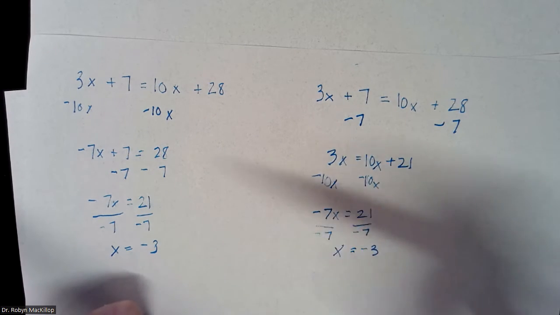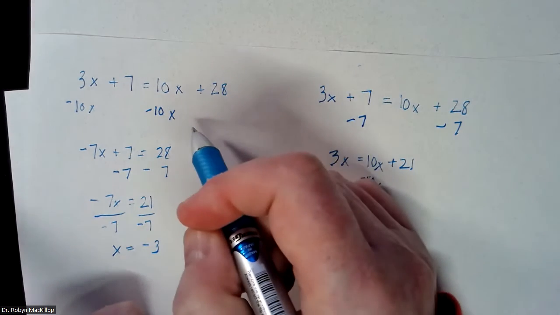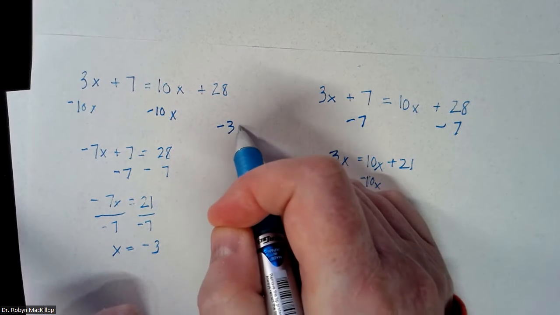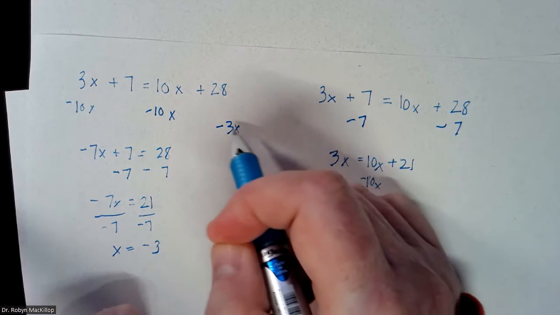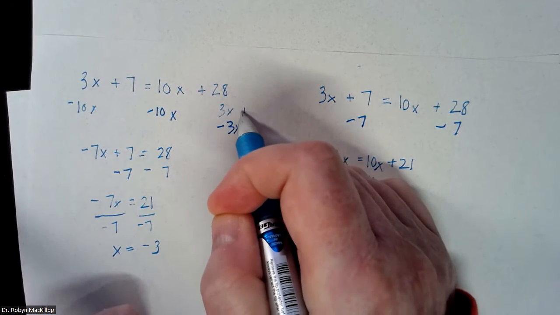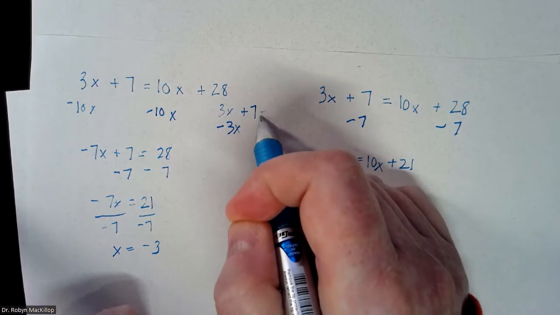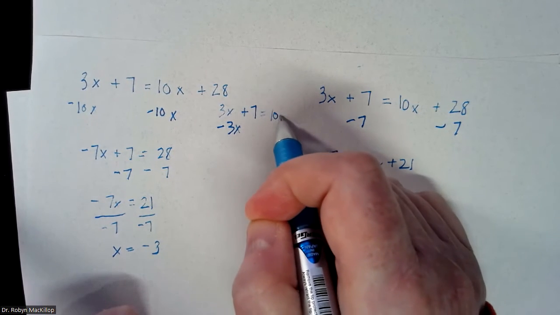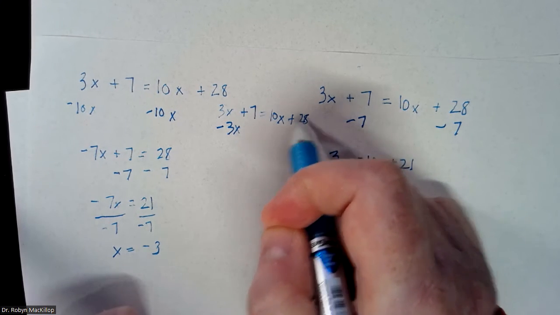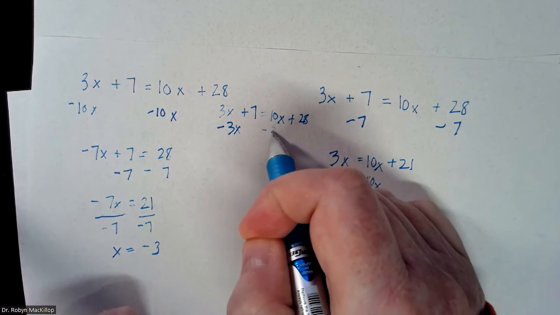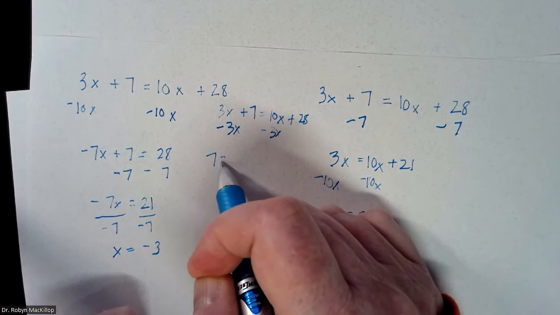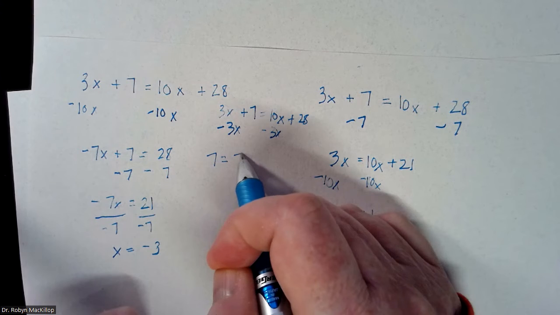Let's get rid of the 3x. See, I'm going to put it right in the middle. Hopefully I don't mess everything up. So we're going to take away 3x. I should write the whole problem. That would make more sense. 3x plus 7 equals 10x plus 28. We're going to take away the 3x, take away the 3x. That's going to leave us 7 equals 10 minus 3 is 7x